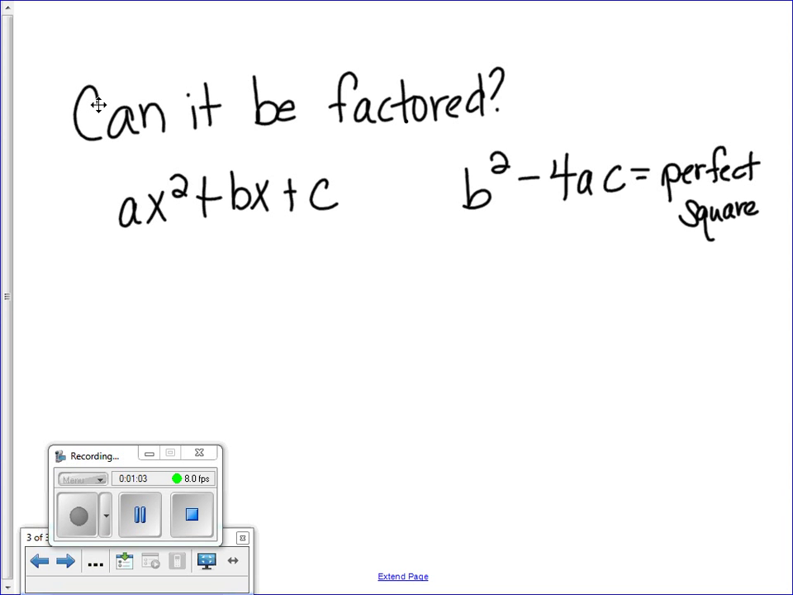Perfect square. What's a perfect square number? 25. Yeah, like 25, 16, 121. Those are perfect squares. Okay? So if you can put those in and get a perfect square, then it's factorable. Okay? So example. 4x squared plus 8x